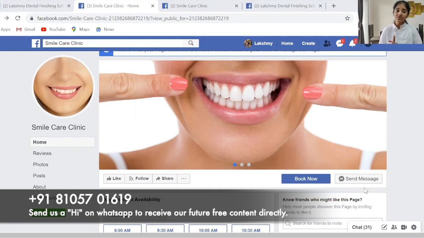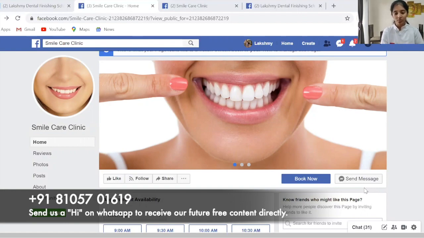So the first thing which I did was uploading the profile photo and the cover photo, which helps people to understand my aim. What I mean by that is, I have uploaded smiling photos on this page. The reason was I wanted subconsciously this thing to be etched in their mind that this page has something to do with smile. So if you are a pediatric dentist, you can put some kids smiling or kids getting treatment in your clinic, or a selfie with you and your patients, something like that. So be innovative, think what you can do. So that's the first thing.